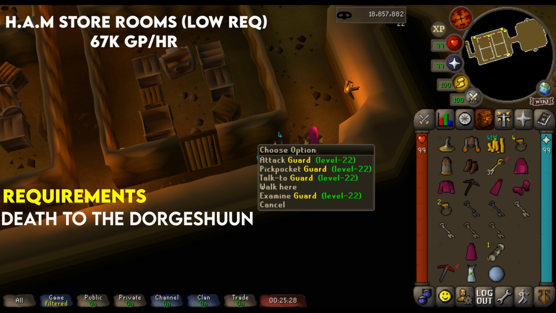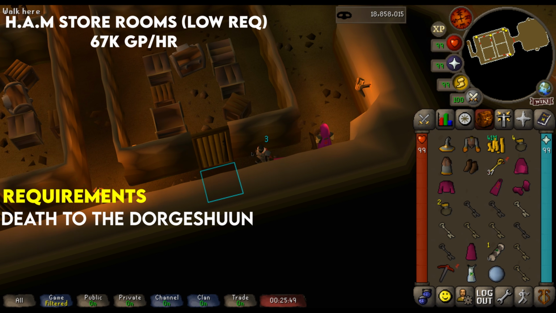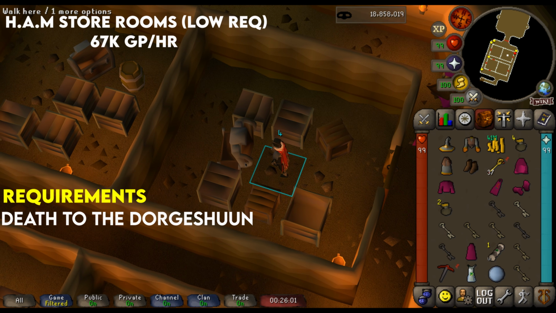Once you've got a handful of keys, use them to open the locked chests scattered around the rooms. You'll need to either pick the doors using a lockpick or squeeze through cracks in the walls. Just be careful. If you try to open the door while a guard sees you, then they'll attack. But here's a fun fact: if you fail a pickpocket on them, they reset and stop patrolling, making your life